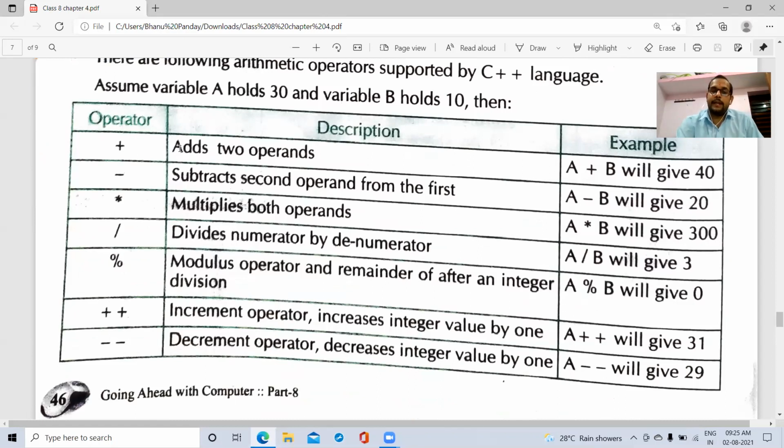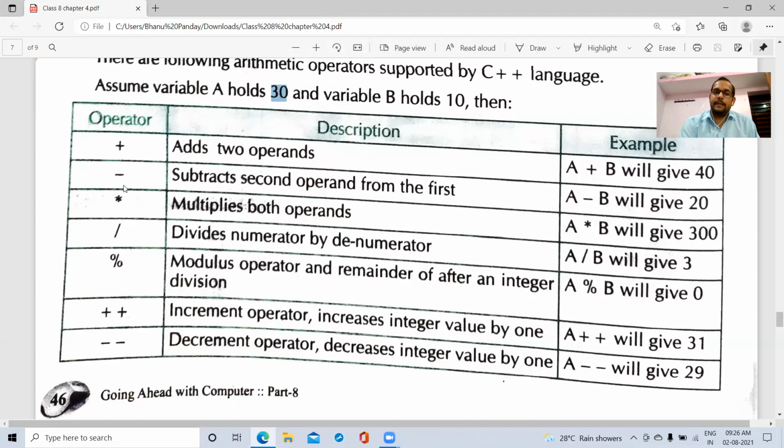If you want to add two operands, दो वेरिएबल है आपके पास, उन दोनों को आपको ऐड करना है. For that you need to use the plus operator. Plus means addition. A plus B. If the value of A is 30 and the value of B is 10, then the result is 40 because A plus B is 40.